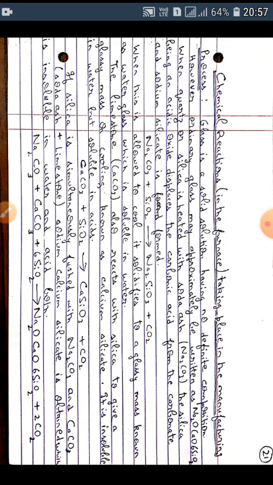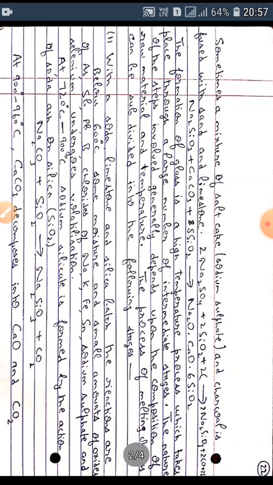This glassy mass is known as water glass, because it is soluble in water. Now, the limestone, that is calcium carbonate, also reacts with silica to give a glassy mass on cooling, and this is known as calcium silicate. However, calcium silicate is insoluble in water but is soluble in acids. And the following equation represents this: calcium carbonate plus SiO2 silica gives calcium silicate CaSiO3, and carbon dioxide is released.